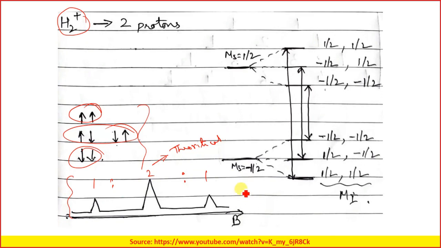Maybe you may get say 0.98 is to 2 is to 0.995. So under practical consideration, you will get this, but theoretically, you should get 1 is to 2 is to 1. And also, we have discussed that the distance between the two peaks is called the hyperfine splitting constant, which is represented by J.